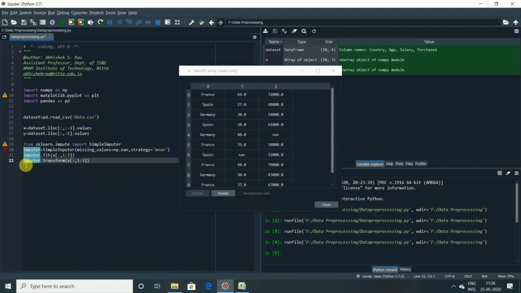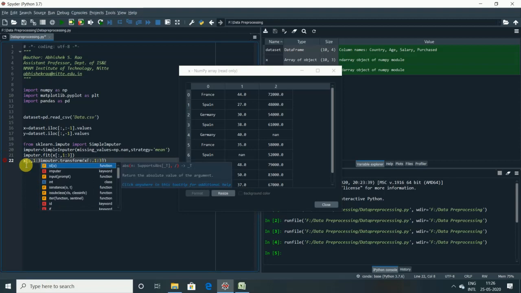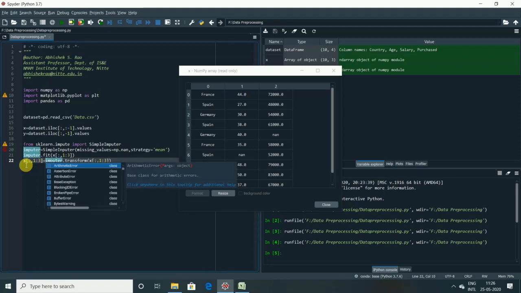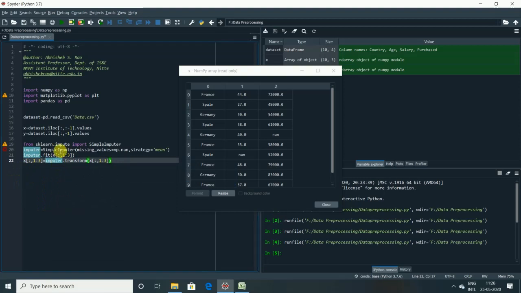You can see here now, X of all the rows comma 1 to 3, now this equals imputer dot transform. So what happened now? From sklearn dot impute, you had imported SimpleImputer.